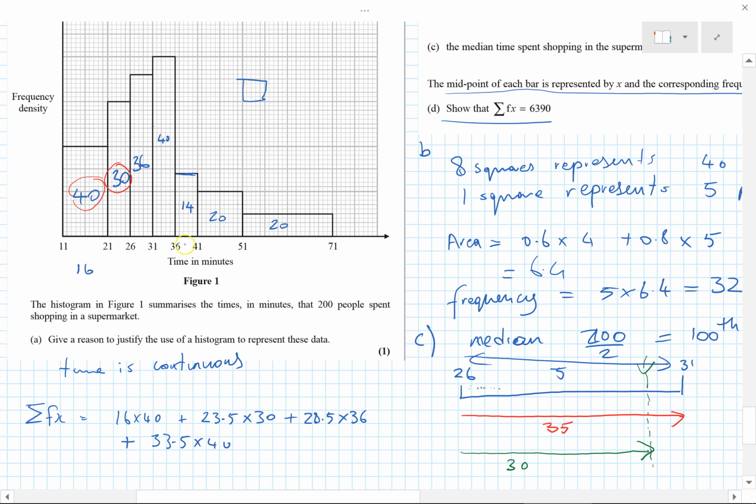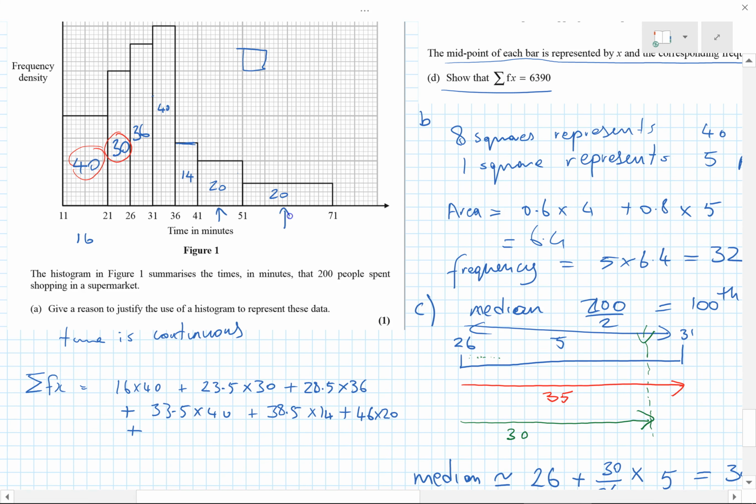Okay, the midpoint of this one, which is (36 + 41) divided by 2, is equal to 38.5. We could have seen it's just 5 more than the one before, by the way, but never mind. Times by 14. Plus, this number is easy to see, that's the midpoint between 41 and 51, which is obviously 46, times 20. And then plus